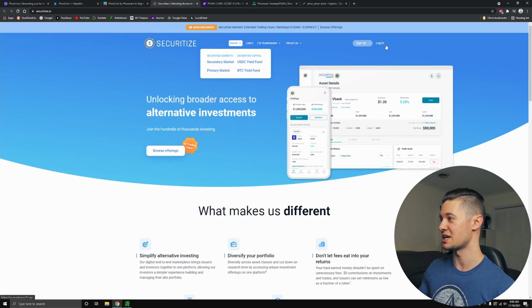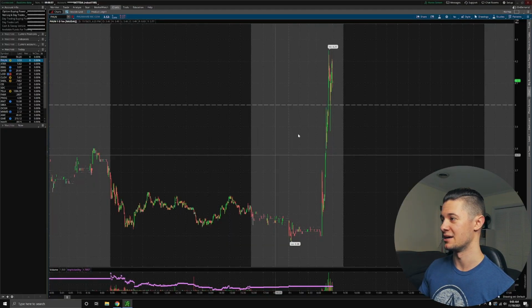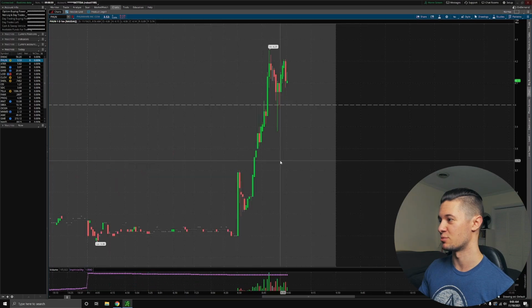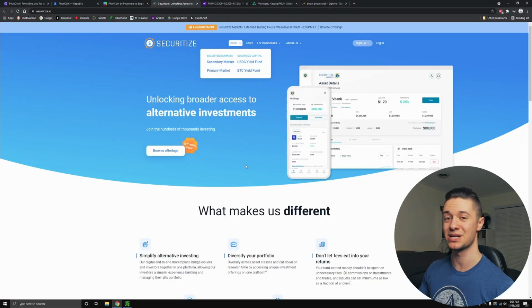I suppose you could sign up and make an account and all that if you actually wanted to buy this coin. I'm probably not going to do it. I would rather buy Phunware stock, right? The picks and shovels makes a lot more sense than buying the coin itself, in my opinion, especially if people are going to be getting paid out in coin.